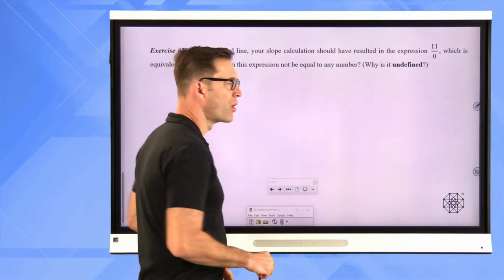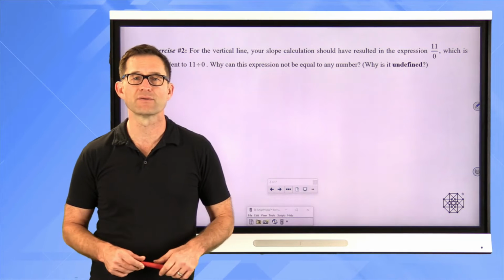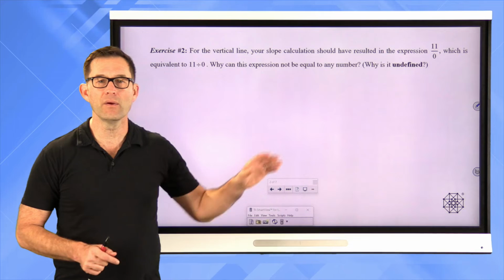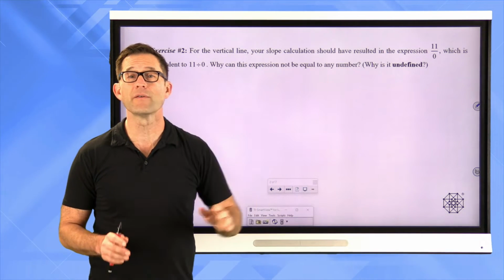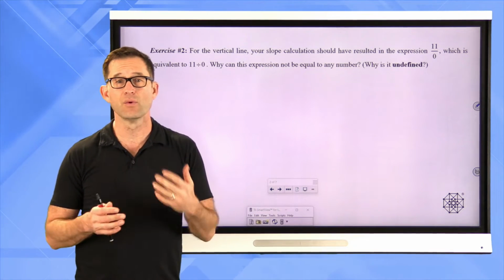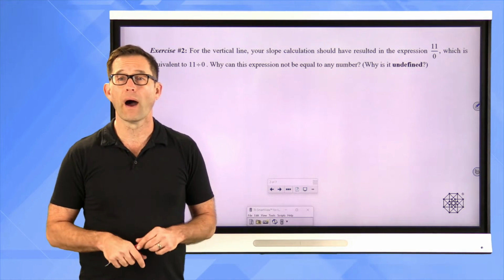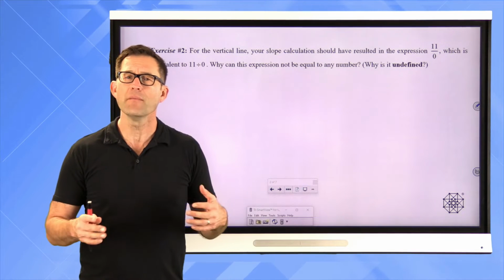But let's talk a little bit more about that question. Let's take a look at exercise number 2. For the vertical line, your slope calculation should have resulted in the expression 11 divided by 0, or 11 over 0, which is equivalent to 11 divided by 0. Why can this expression not be equal to any number? Why is it undefined? I do want you to think about this a little bit. This is probably the first time you've really had to face this, unless you really got into it in Algebra 1 as well. Now, before we talk about why 11 divided by 0 is undefined, make sure you understand